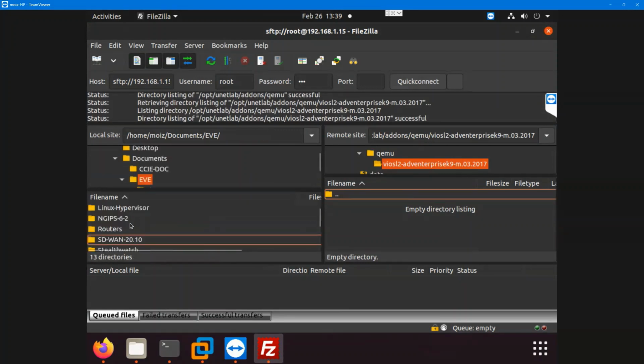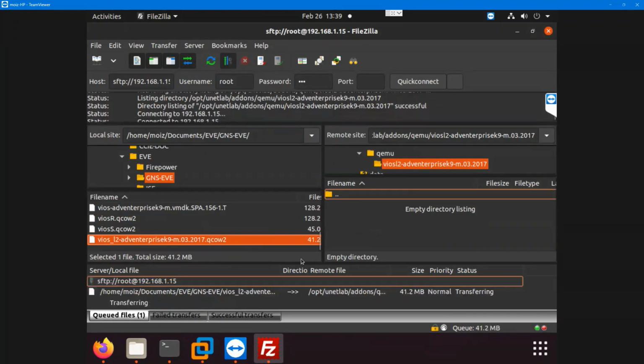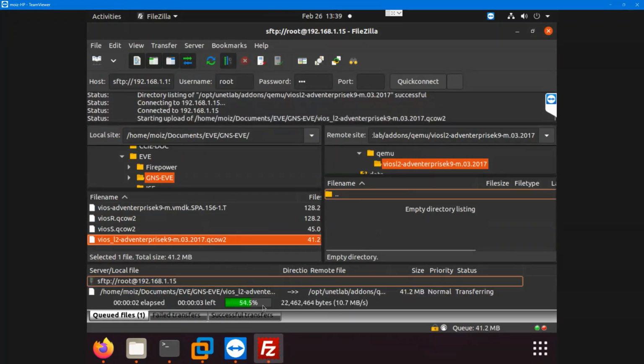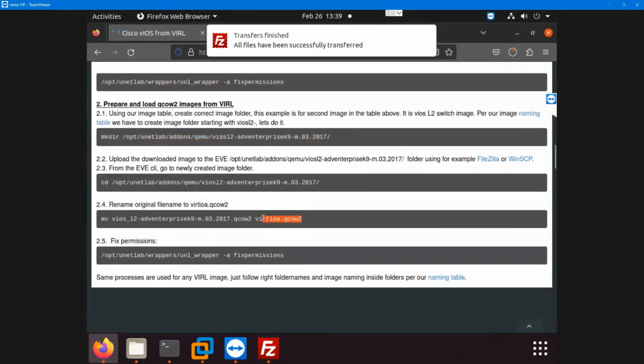We'll go back. Okay, I'm inside the Eve. I will go back in GNS3 and this is the folder. So if you just drag or double click should be fine. Once you drag, the file will be transferred. After the file has been transferred, I just need to rename that one as